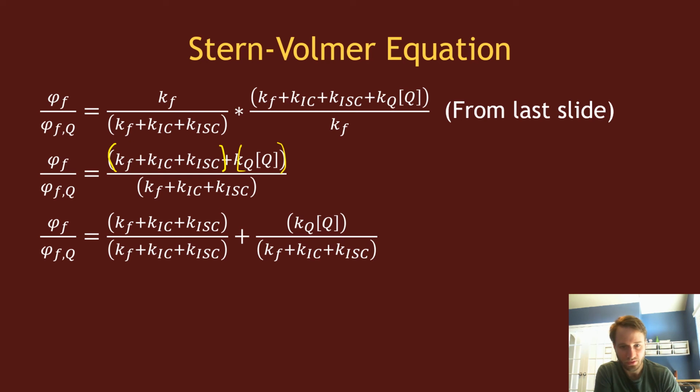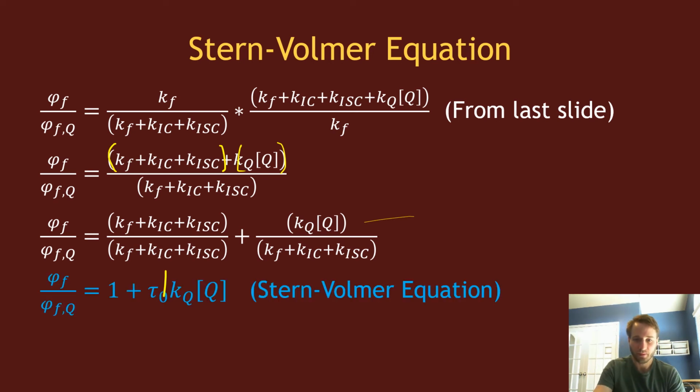This section is just equal to 1, and this is its own thing, where this term, 1 over kf plus kIC plus kISC, is just the definition of the lifetime of that state without the quencher. So tau naught is the lifetime